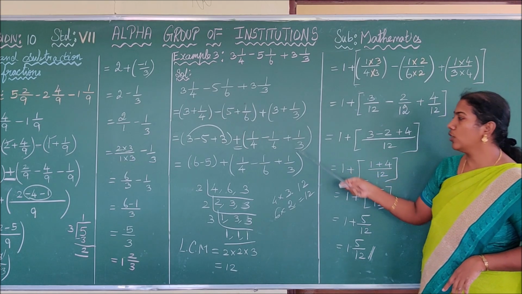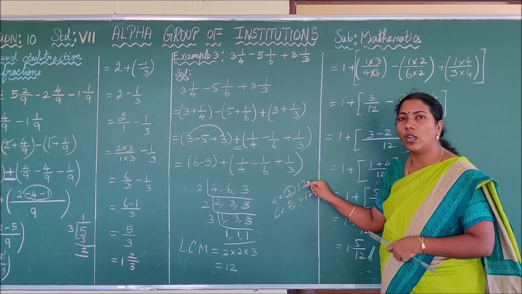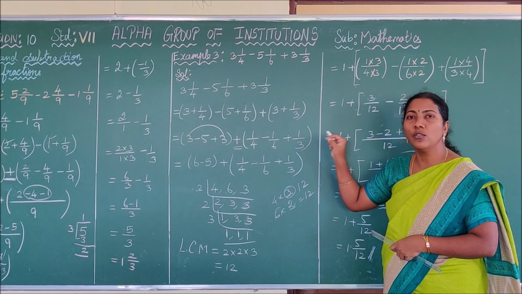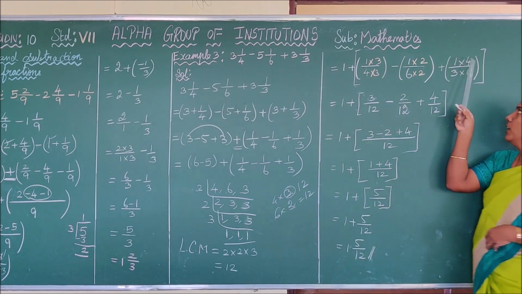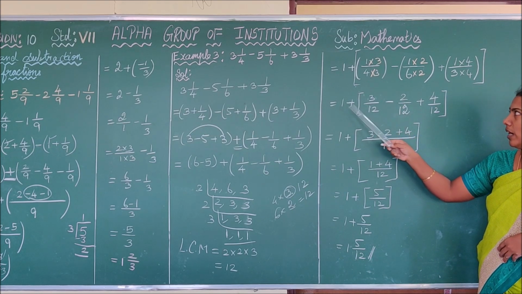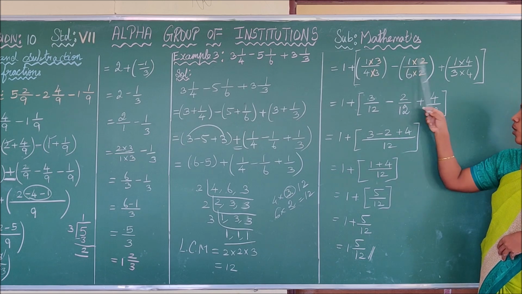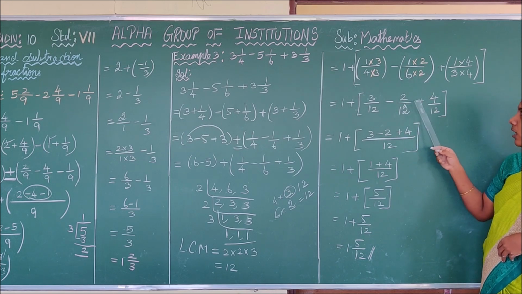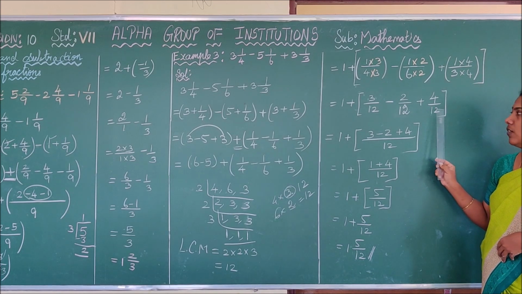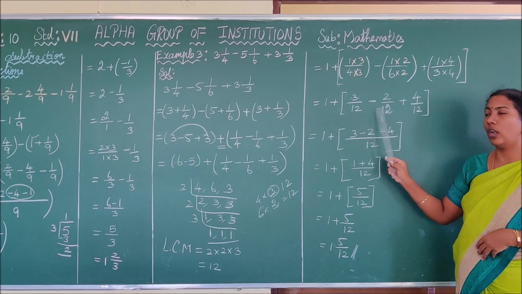See the next fraction, 1 by 3. What should be multiplied with 3 to get 12? Yes, 4. So you have to multiply the numerator and denominator by 4. Thus 1 into 4, 3 into 4. It's straight, children. Now you have 1 plus 1 3 is 3 by 12, minus 1 2 is 2, 6 2s are 12, plus 1 4 is 4, 3 4s are 12. Thus, we have derived the denominators as the same, that is your LCM, 12, 12, 12.